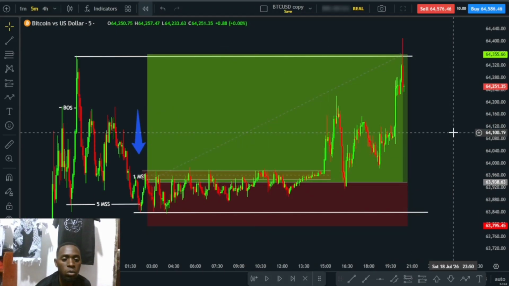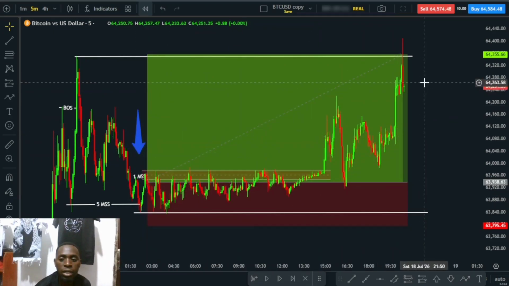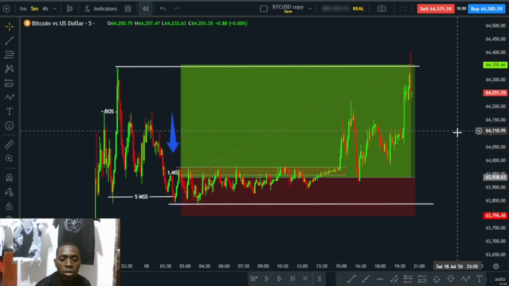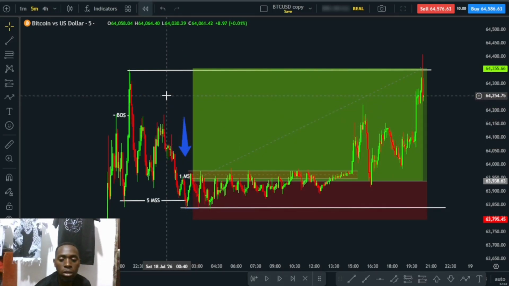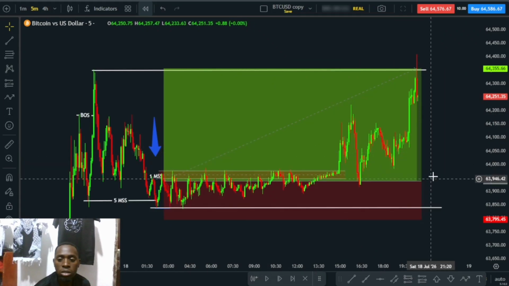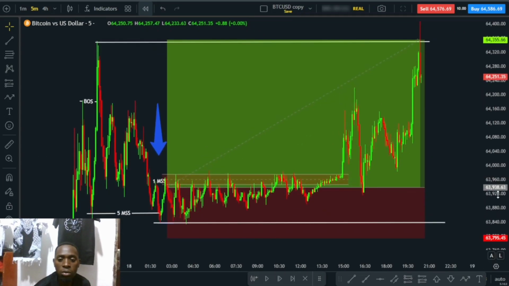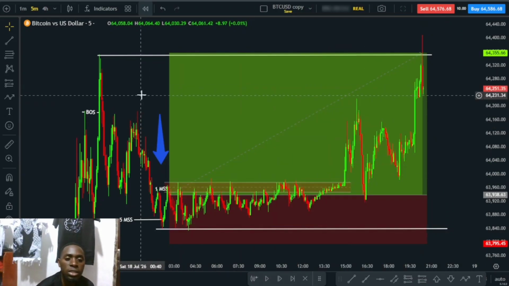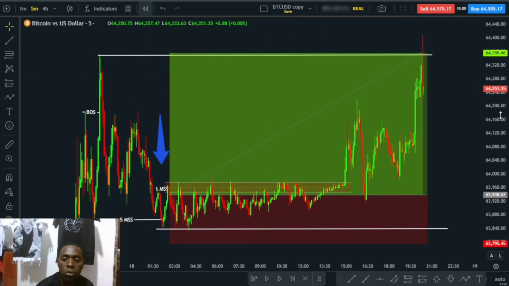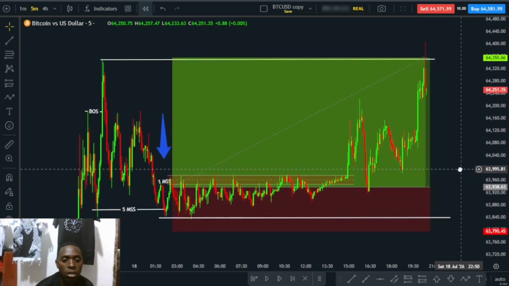Okay, and this is my exact entry model. Okay, this is exactly how I trade, and it should be the same every other time. I'm not saying this setup works 100%, but if you apply it exactly, following all the rules, yeah, you will definitely